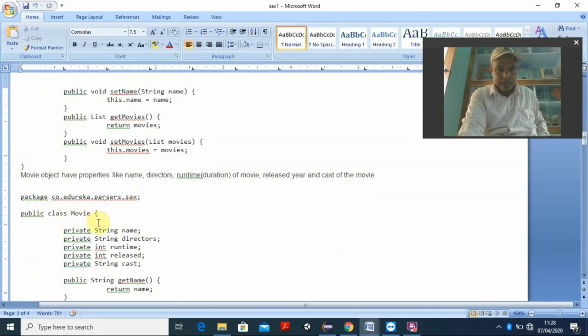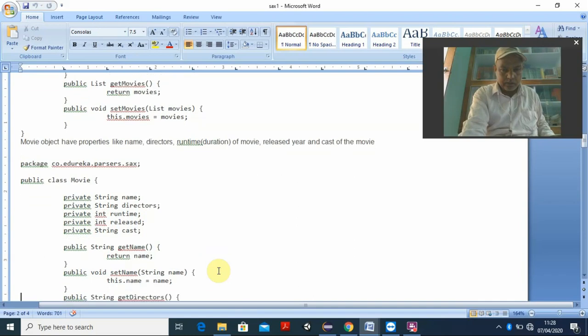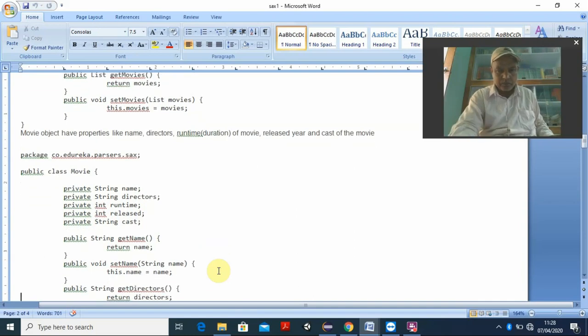Then public class Movie. Here also, under this Movie we have the name of the movie and who the directors are, what the runtime is, that is the time span for running this video or whatever the DVD. Then release, which year it is released, because its data type is integer here, runtime is also integer here. Similarly cast is String and directors the data type is String. So these are private Strings, all things should be written here. Then public String getName, this is for getting the information from the input. Then public void setName also, this is for initializing, so initialize this to name.